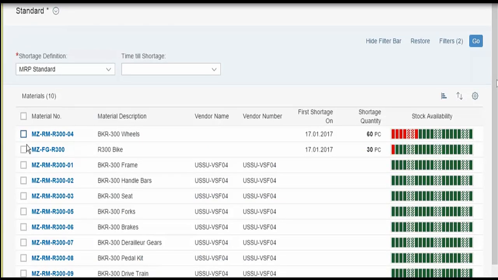Post execution, he looks at the material coverage application, and the material planner finds that there is a shortage of wheels, which is displayed in red. The Fiori graphical interface shows the shortage quantity in red with 60 wheels for 30 bikes, and these are currently not available in stock, hence need to be procured.